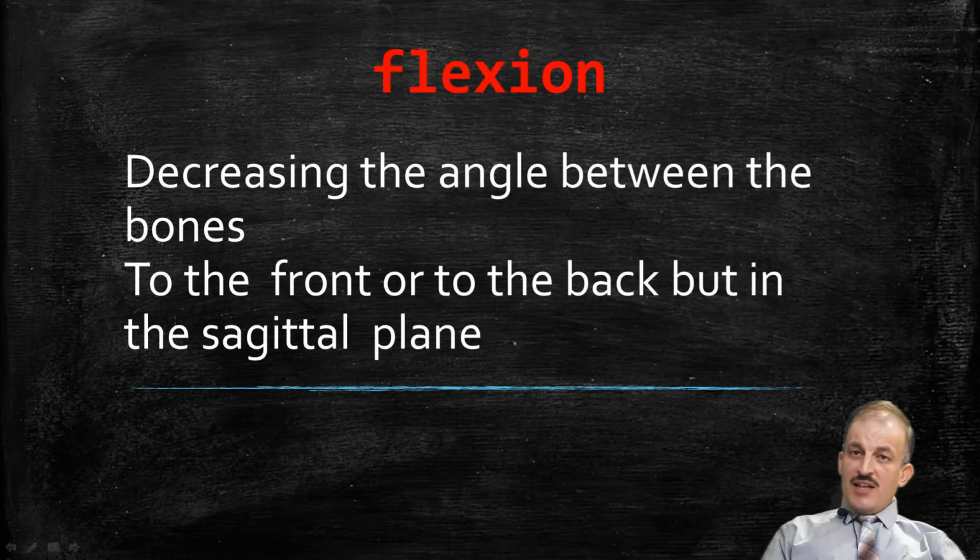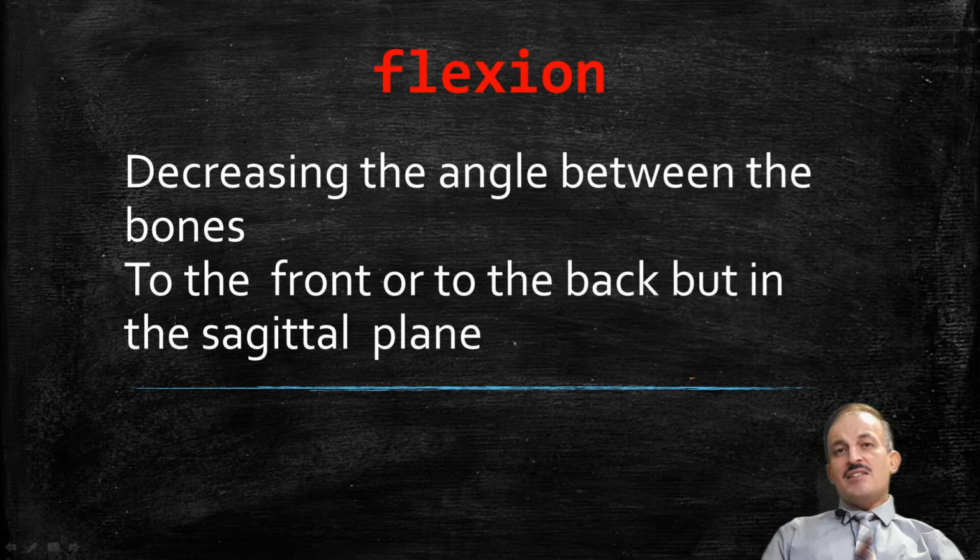Next to planes are the terms of movements. I'm going to start with flexion. You will see in your textbook there are several definitions. Flexion means bending or approximation of the bones, or the long bones of the limbs, at the joint. My definition is decreasing the angle between the bones to the front or to the back, but